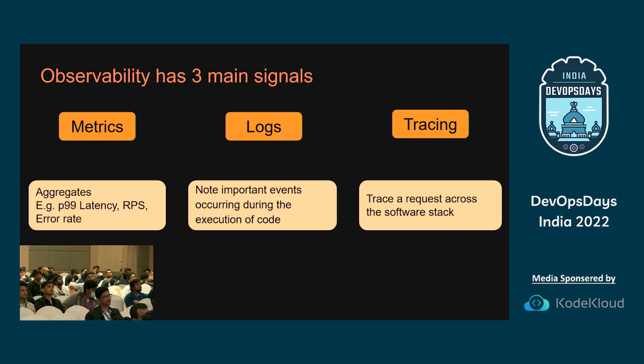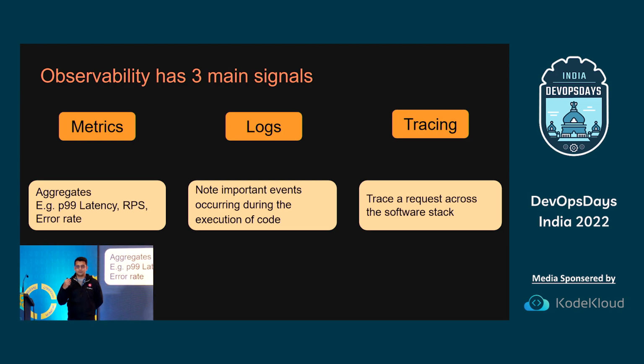So, as you know, observability has 3 pillars: metrics, traces, and logs. Metrics is mostly about aggregates. Logs is diving deeper into individual execution lines that you would like to understand about the system, what is going right and wrong, and trying to debug things when the metrics do not seem to be very green and good. And tracing is a relatively new concept, which became famous 7-8 years ago,